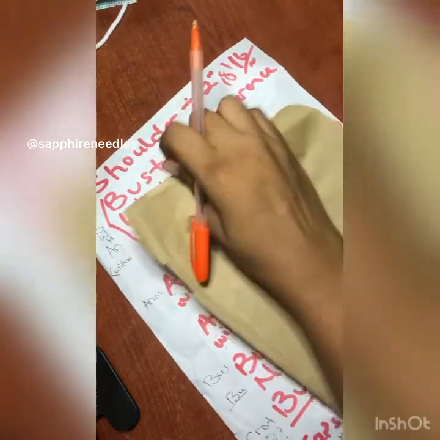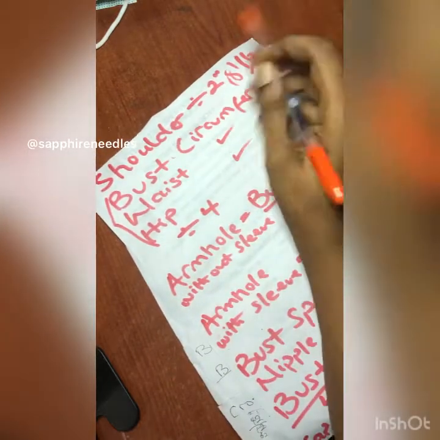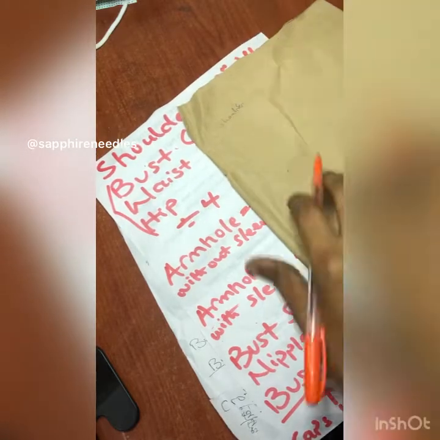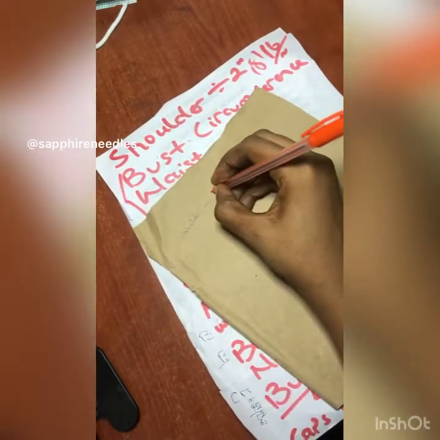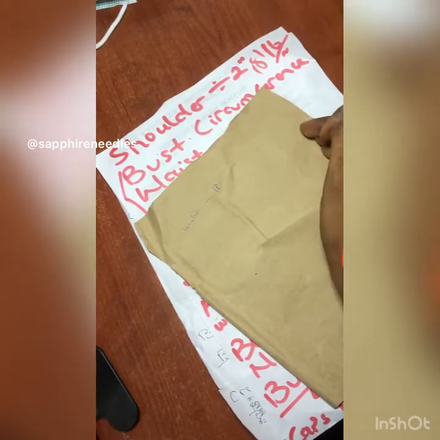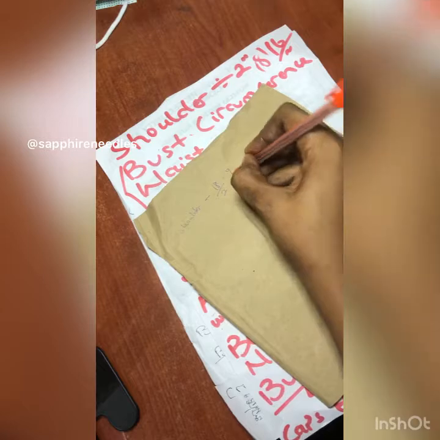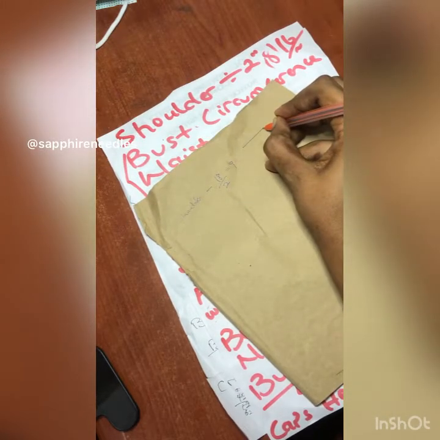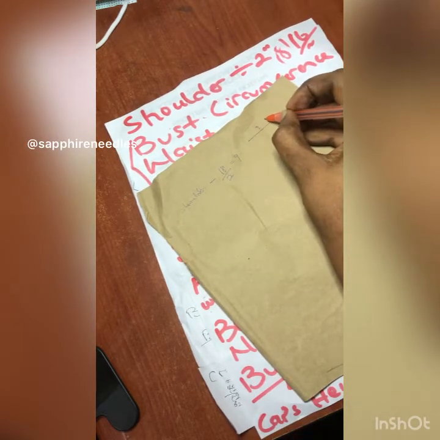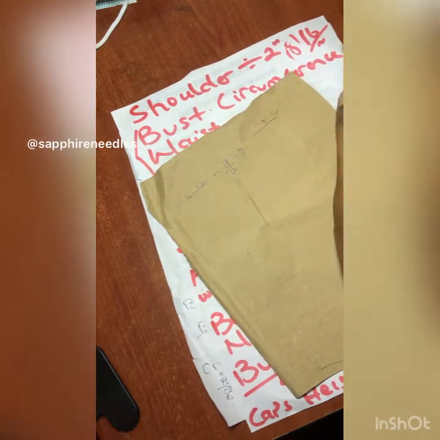Some parts of our bodies, the measurements are divided by 2, like the shoulder. Let's assume the shoulder measurement is 18. When you place your fabric on fold, you're going to be putting 9. You're going to divide it by 2 to get 9. So this is the shoulder. If you're making a blouse, this should be 9 plus about 0.5 if you're using a sleeve or you're turning with lining,